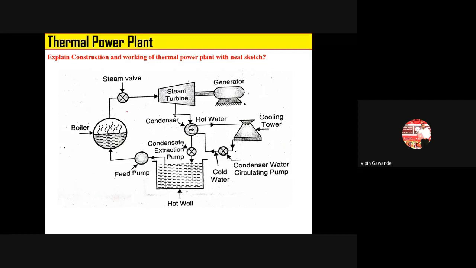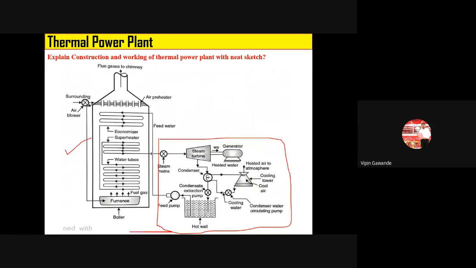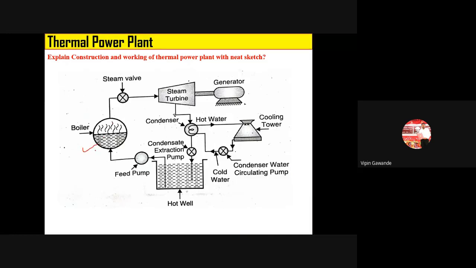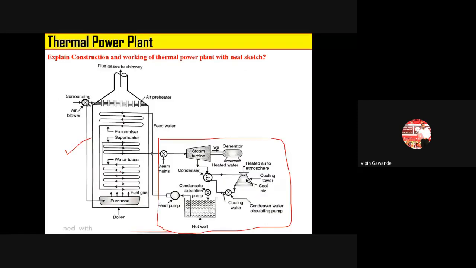For the next power plant, instead of the detailed diagram, where I have given you the detailed description, you can use this as a boiler also, because in some books it is given like this. Here you can just say that water is converted into superheated steam, which is the function of the boiler. We have defined all the contents inside this boiler, which may be helpful for you. Otherwise you can go for this one also.